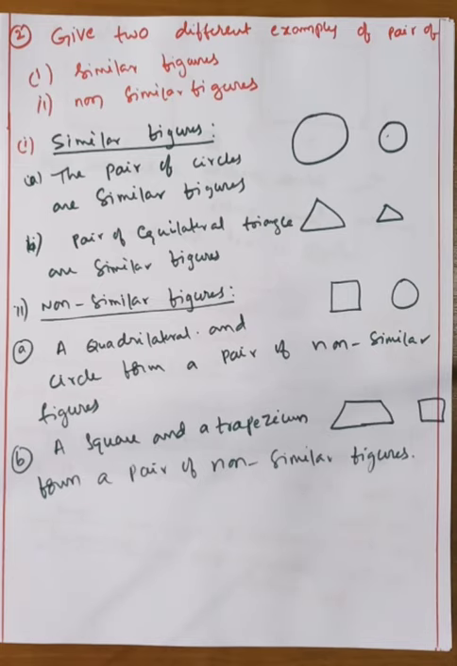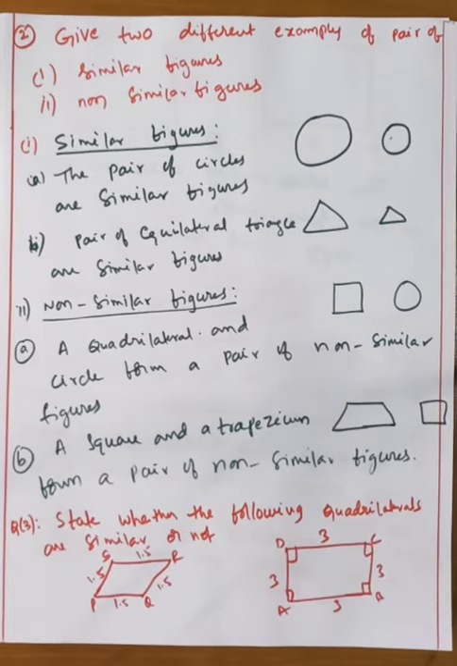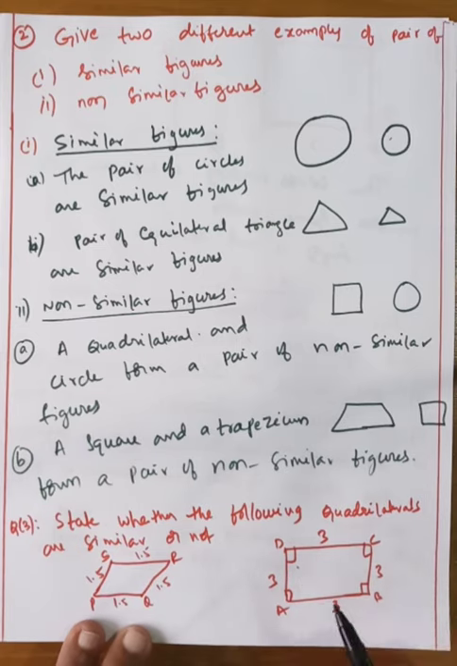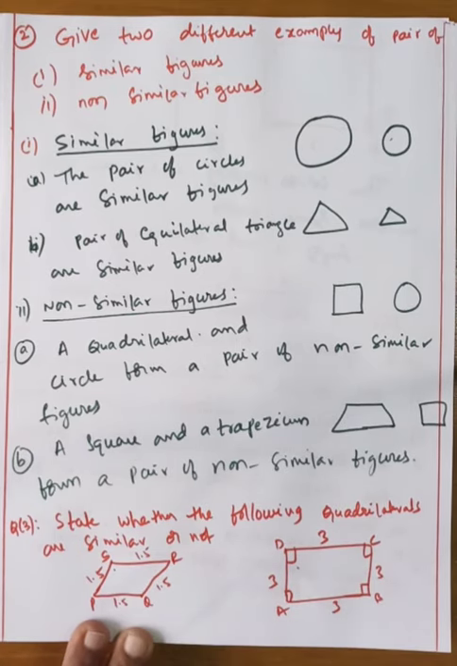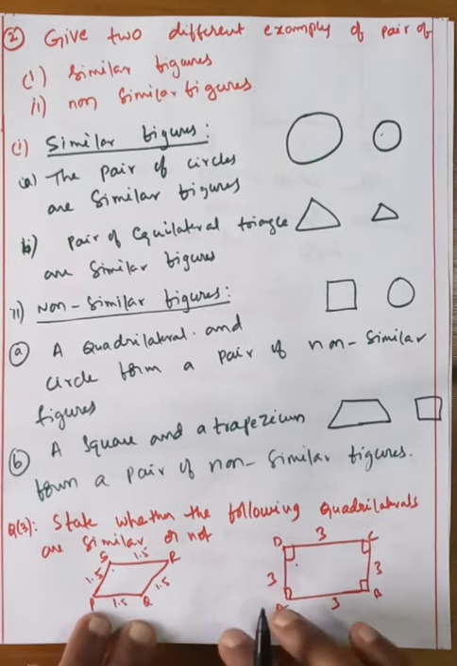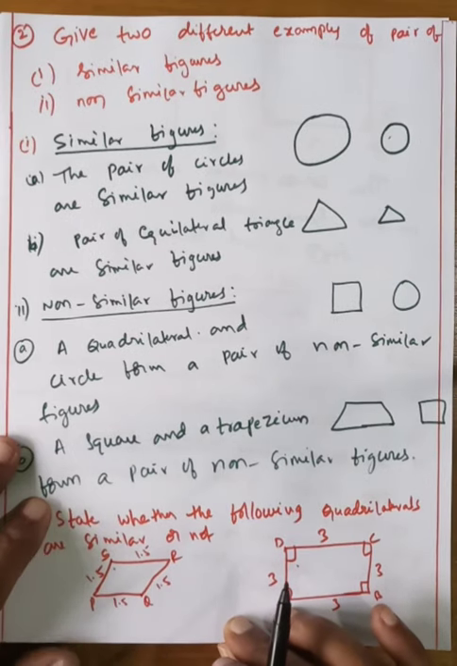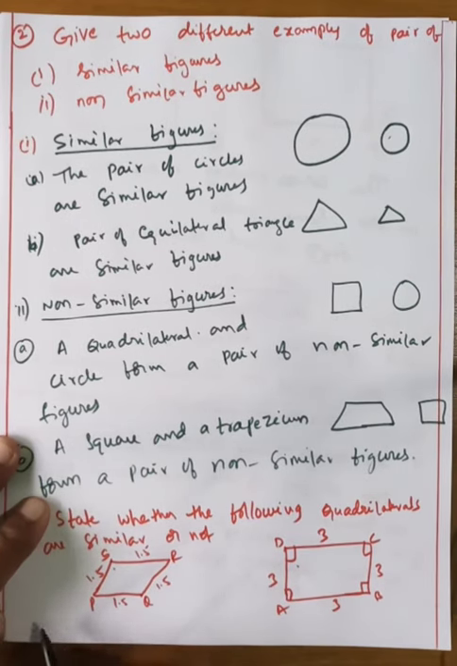Okay, my dear students, observe the third question. State whether the following quadrilaterals are similar or not. What is the meaning of similar? First, the same number of sides, 4 and 4. Next property, corresponding angles. Here the angle is 90 degrees, but here the angle is not 90 degrees. Those figures are not similar. Why? The figures are not similar